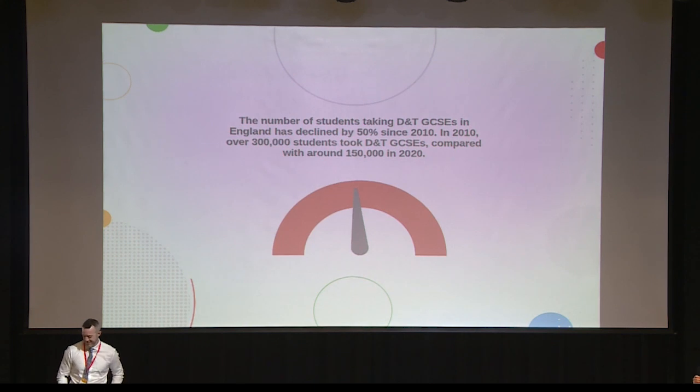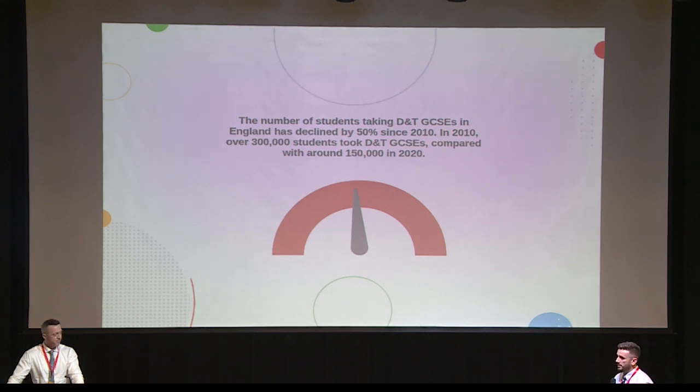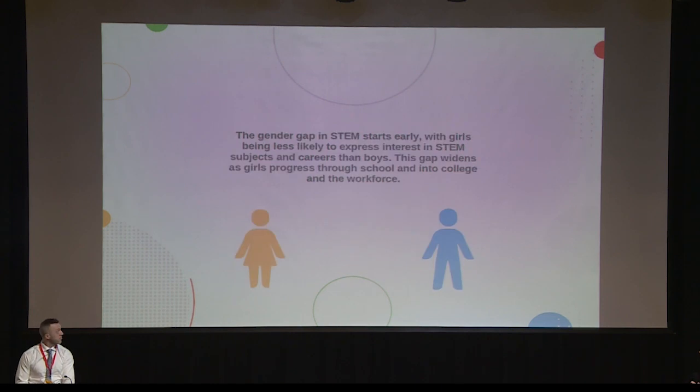But then looking at our subjects, then the problems, and that's where the conversation started about the decline in design technology. So the statistics show that there was a decline between 2010 to 2020, where students taking the subject dropped by 50%. Now then, this is very worrying in the UK, but also in Dubai, when I moved here, I noticed that I had a class of 10 boys. So having this conversation with Daniel, moved on to...